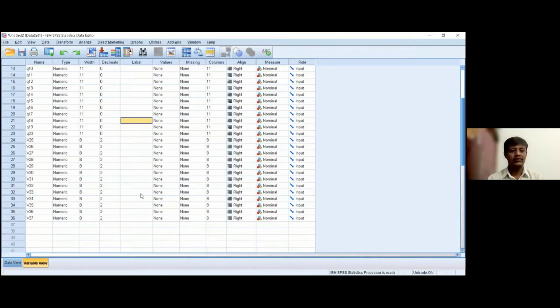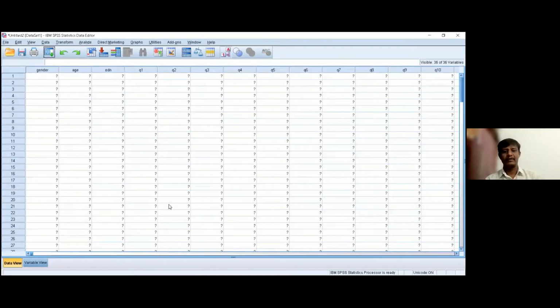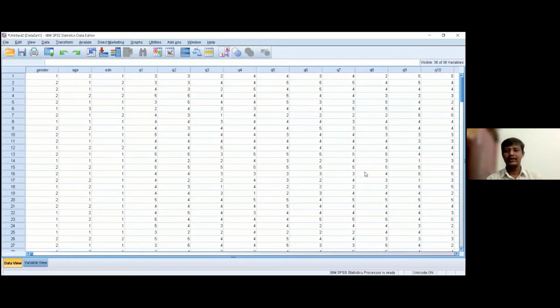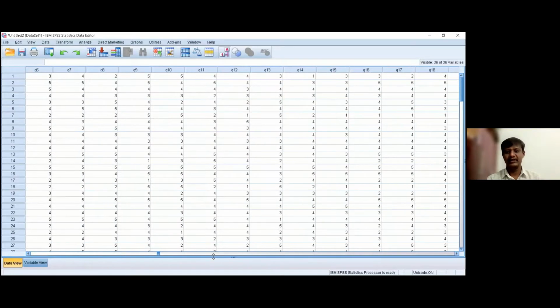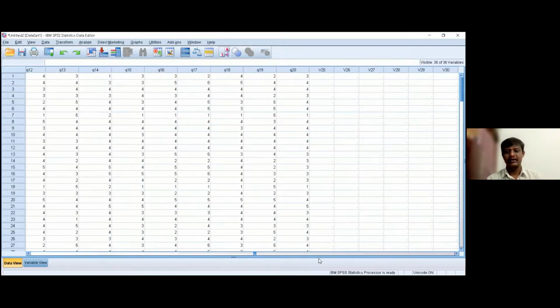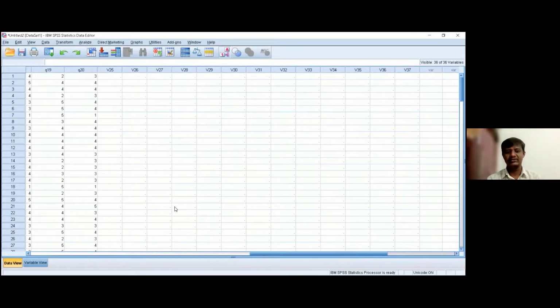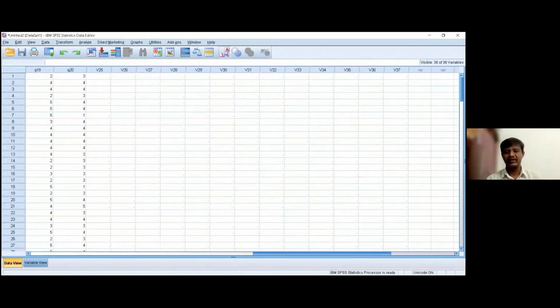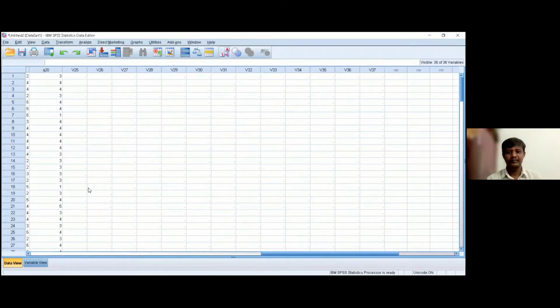How do we know that it is dummy data? By moving on to the data view, you can easily identify it. The real responses will have some numbers. For those dummy variables, when you move to your right side, there will not be anything in your datasheet. Instead, you can see a small dot or hyphen. So we can identify that from our data view. These dummy variables can be removed even from here.